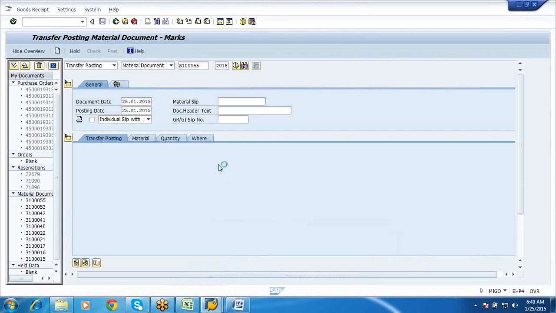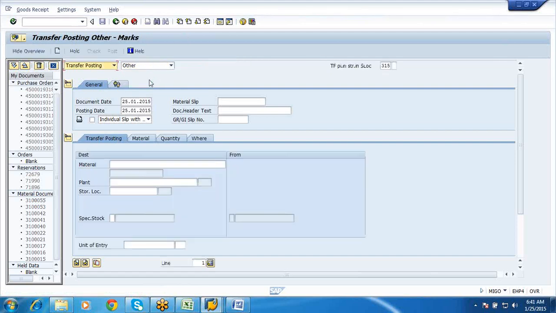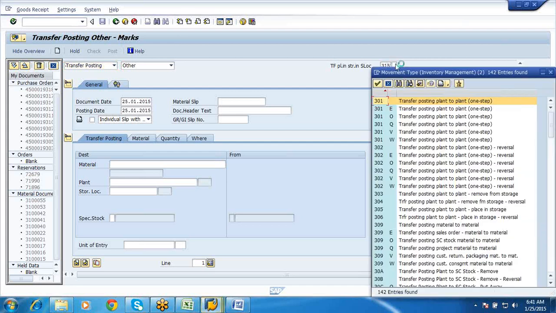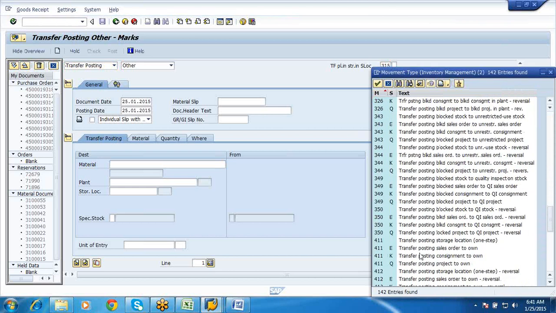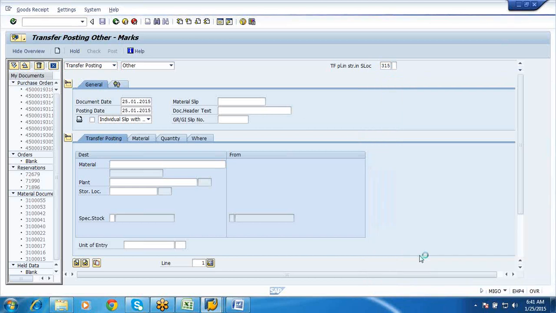So, material document. Let me select your 411K. 1567, plant is SFP1, this is SFRM.